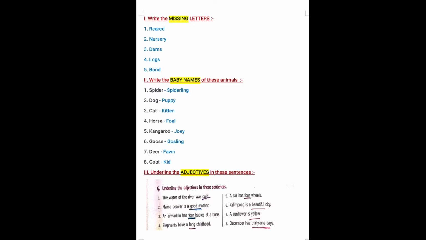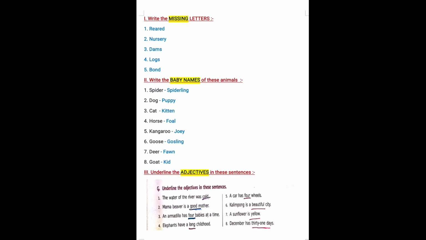Fourth one, elephants have a long childhood. Which is the adjective here? Yes, it is long. Fifth one, a car has 4 wheels. How many wheels does a car have? 4 wheels. 4 is the adjective. Sixth one, Kalimpong is a beautiful city. Yes, so the adjective is beautiful. Seventh one, a sunflower is yellow.